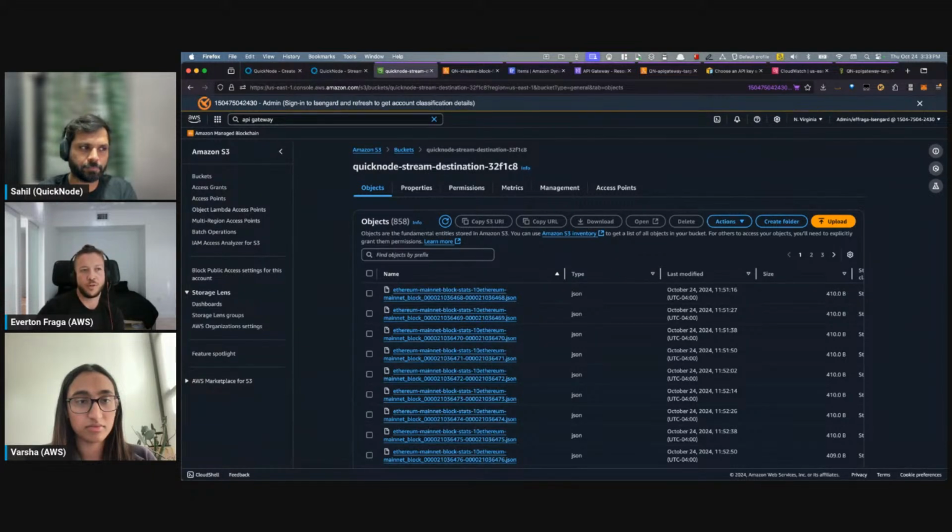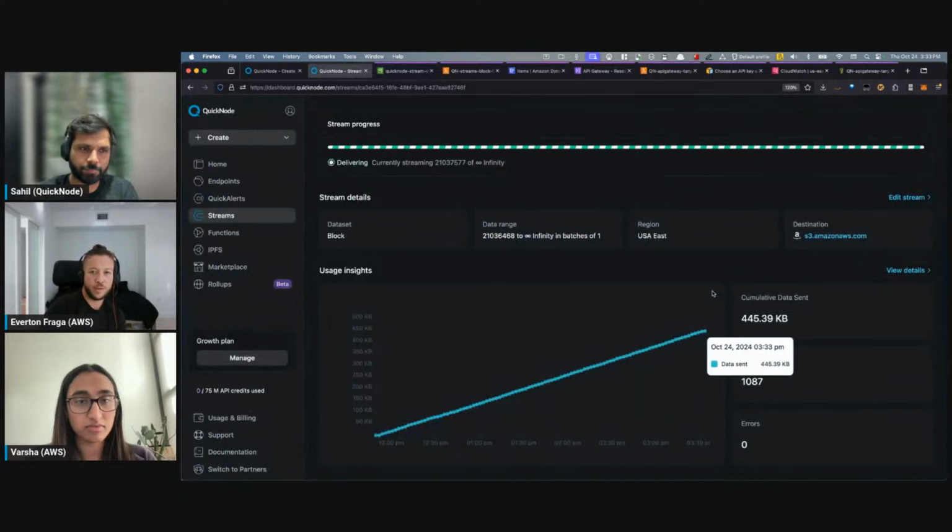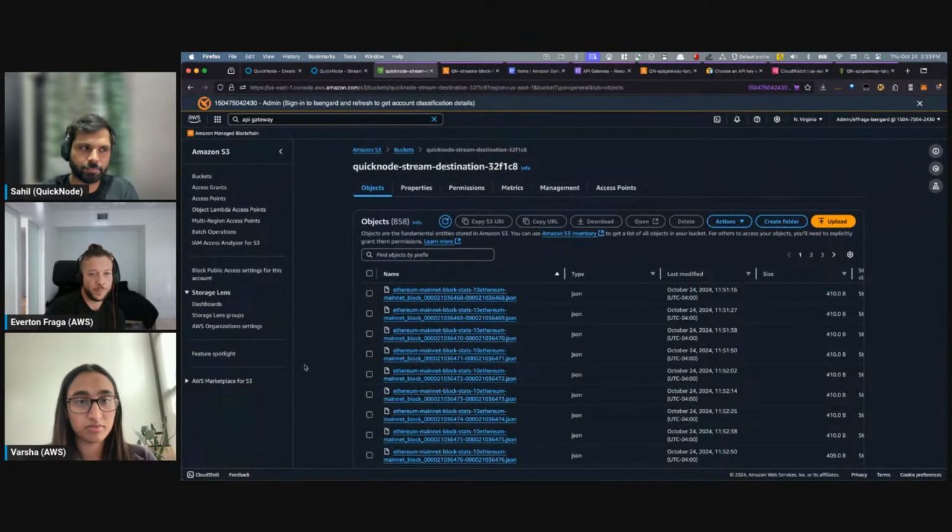It is a very mature service, and fast forward so many years, now we have some pretty interesting features. One of them I wanted to highlight: first of all, we provided our access credentials to QuickNode Streams. Whenever there's a new event, a new block in this case, QuickNode Streams uploads one of those files to this S3 bucket.